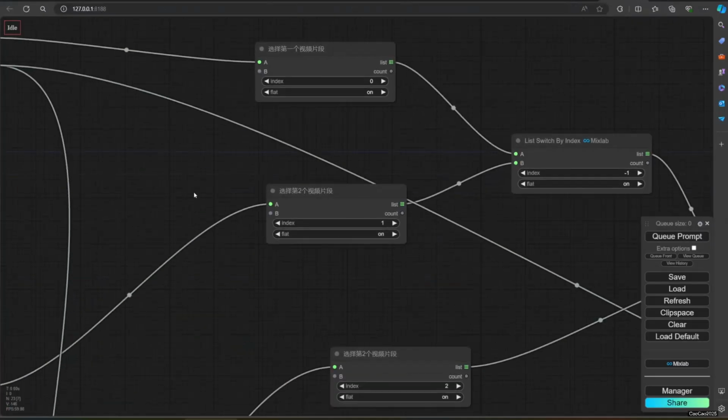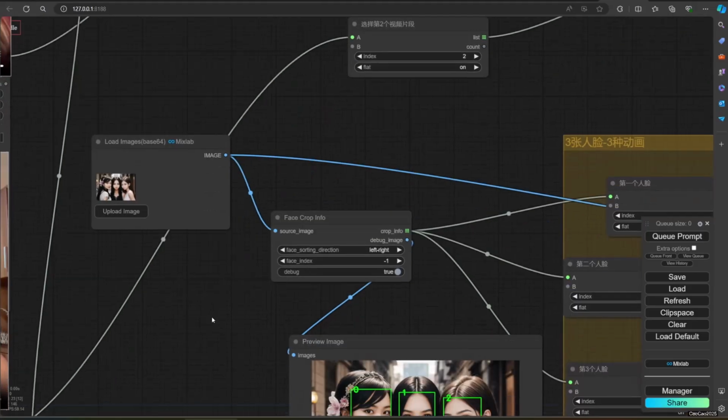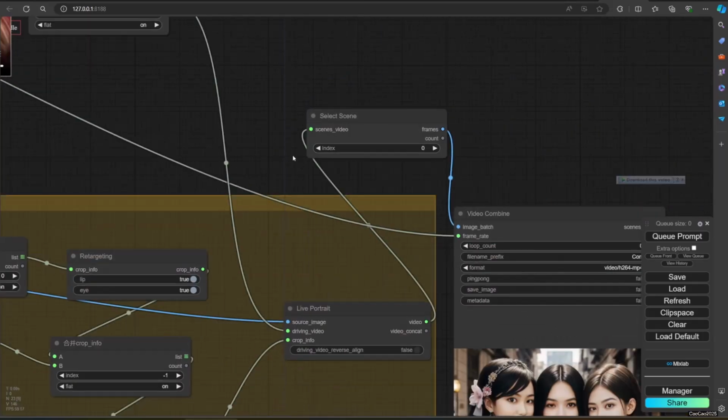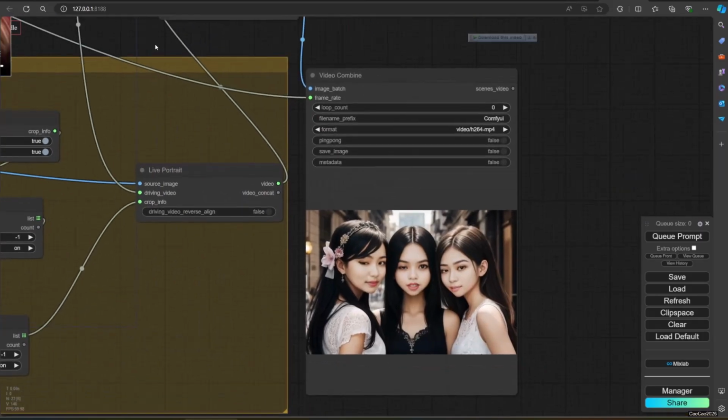Now let's work with the workflow. Upload 3 videos. Make sure it has a face and expression. Upload the image. Now run it. Make sure all 3 pictures have the same video segment frame.